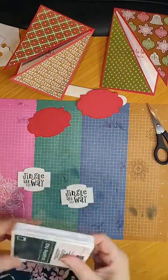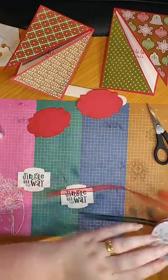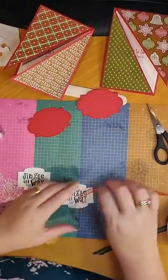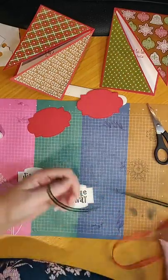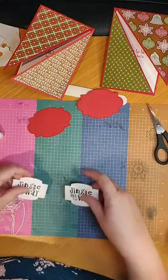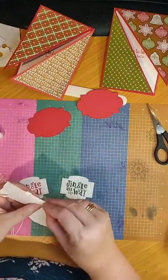All right. I have also got some coordinating ribbon. Now on this one, I couldn't decide, so I did one of each. So I might do the same with this one. I've got Real Red, and then I've got the Evening Evergreen, they're both kind of sheer ribbons. So I'm going to pop some dimensionals on the back here,